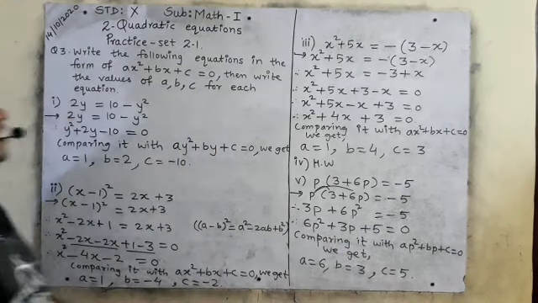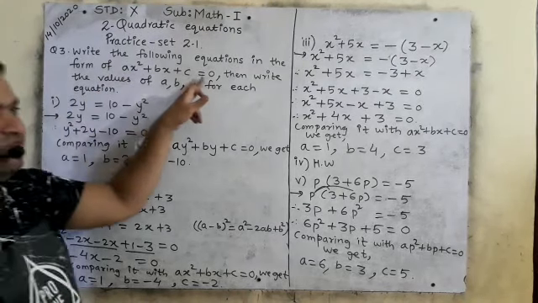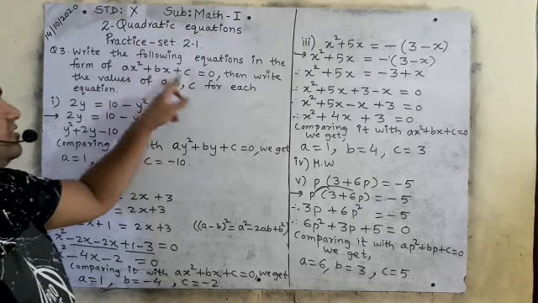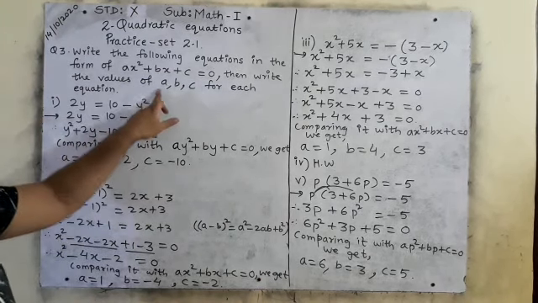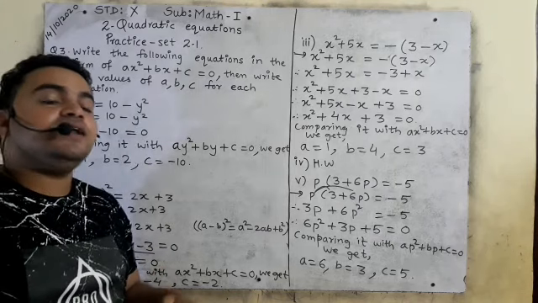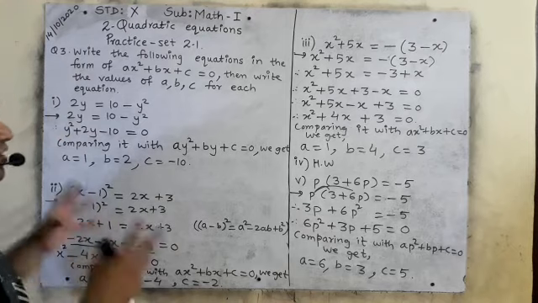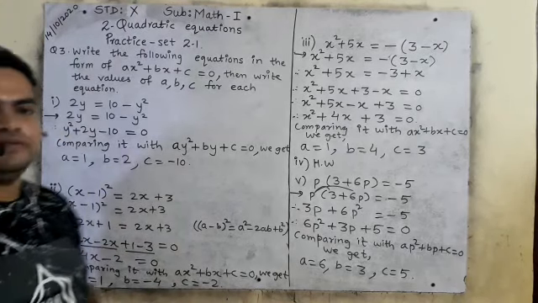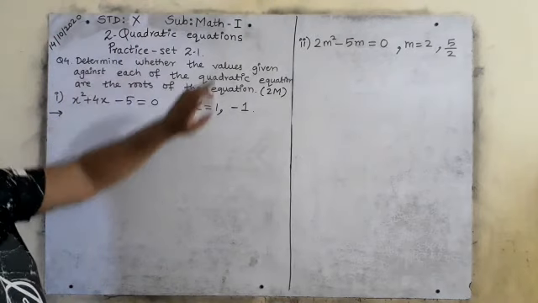So this is how we have to solve question number 3 by utilizing the standard form ax square plus bx plus c is equal to 0, and then at last we have to write the values of a, b, c, which will be real numbers. Okay, so this is how we have to compare it. I hope you understood. So dear students, now we will see question number 4 of practice set 2.1.